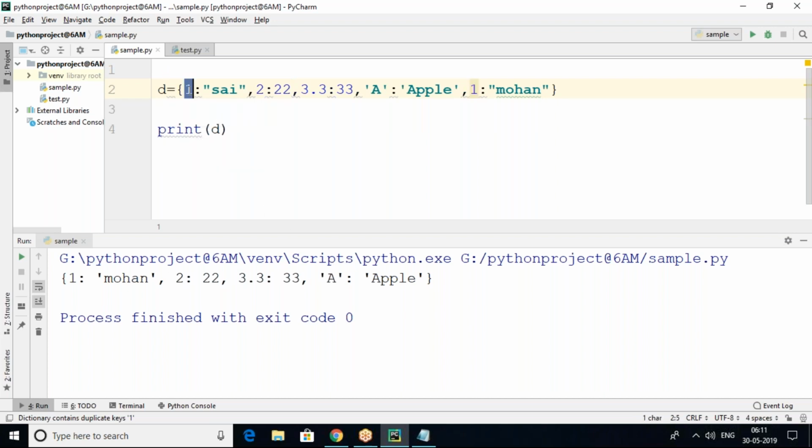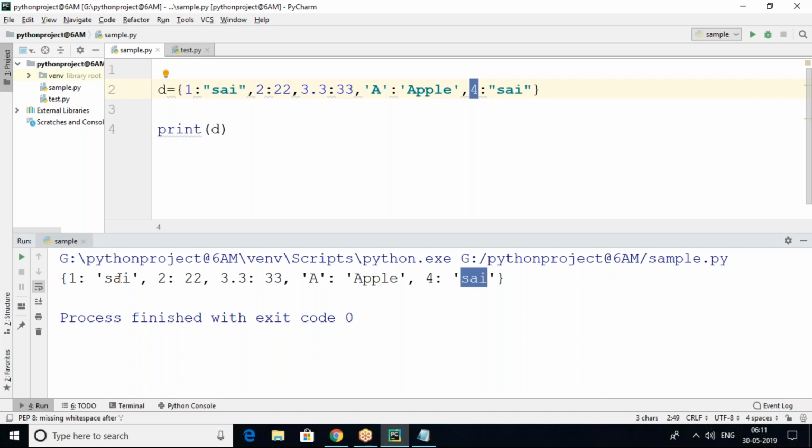Key can be of any data type: one is an integer, 2 is, your floating key 3.3, and a string key. Okay, a key can be of any data type. A value can be of any data type. A value might be duplicate. For example, this is another key called 4. 4 is a unique key. The value is similar: here the value is there, and here the same value is there. But the keys are different, yes: here key 1 and here key 4. It will work.